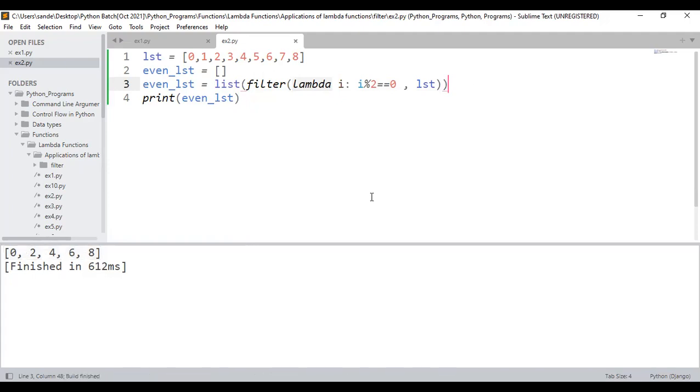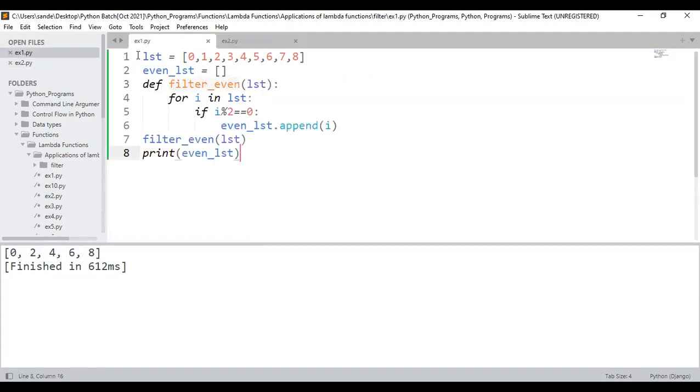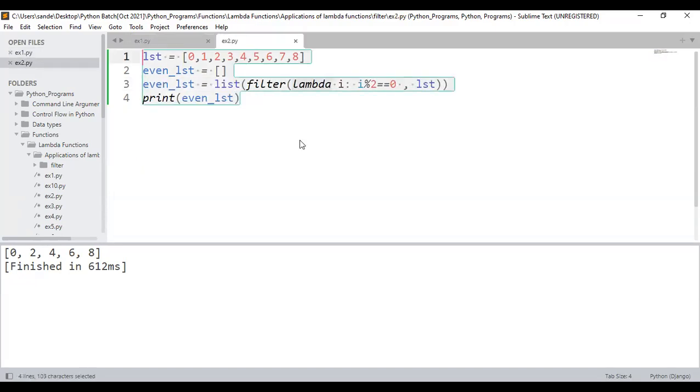Now tell me, how many of them are able to understand? Yes or no? See here, how many lines of code I have written. How complex is this? How simple is this? Is that clear for everyone? I want a response from your side. Is that clear for everyone? Okay, great. Now you people should observe, guys.